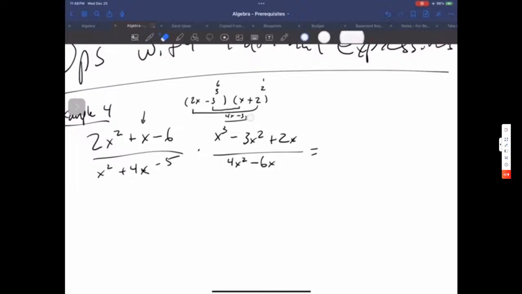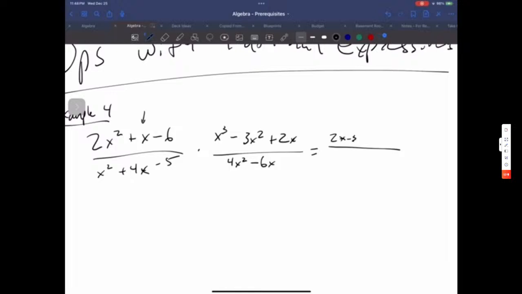So that's how we solve that one. So we know that that one can be written as 2x minus 3 times x plus 2,